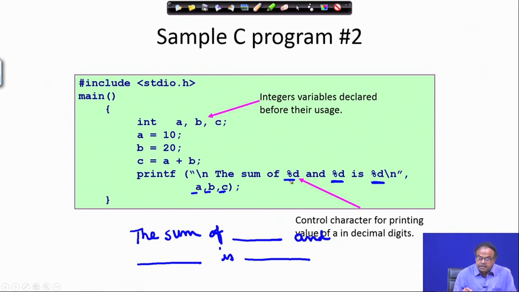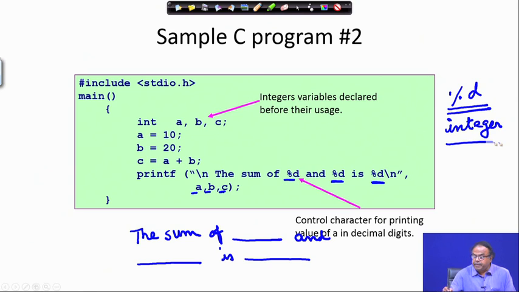Now, this percentage %d is a format statement. It is saying that this gap can be filled by a digit or by an integer. This gap can be filled only with an integer. Now, here A is an integer, therefore, this gap will be filled with the integer value 10 and %d, and is being printed as it is because it is within this double quote, and dash.